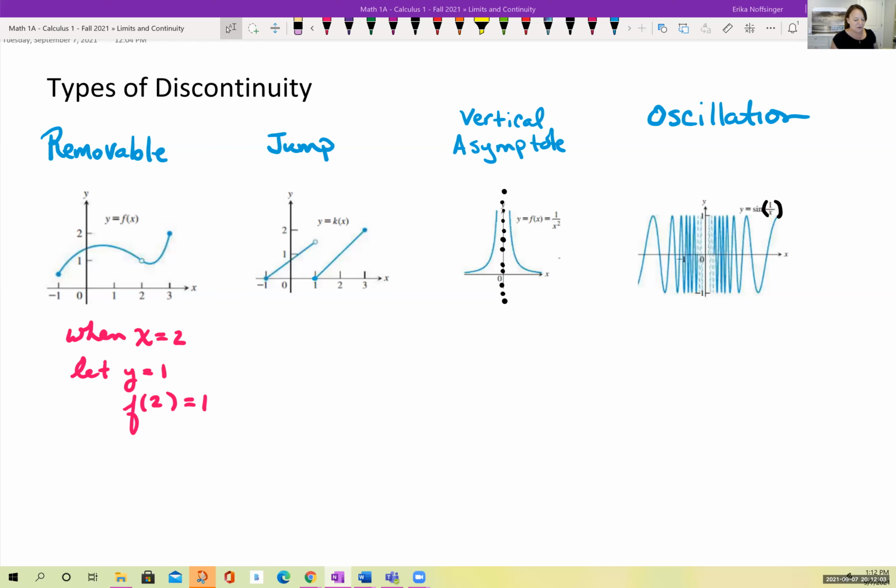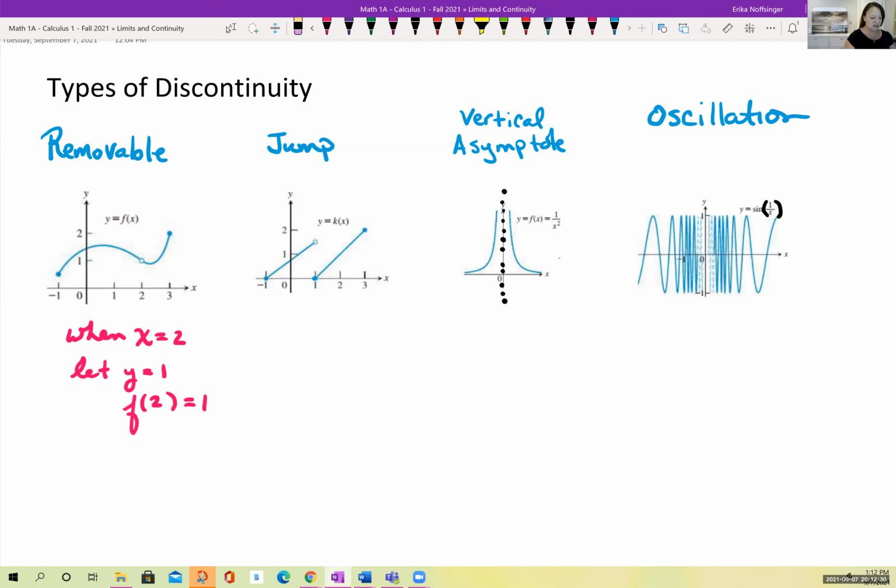So there was a great question when the video was paused about this removable discontinuity. If it's a removable discontinuity, there's some open circle there that if we go back and define the x value to equal some y value to make it so that we can make this continuous at that value, then it's called removable